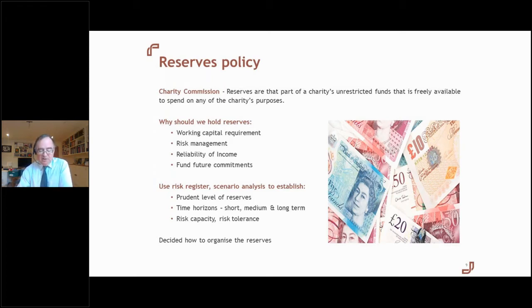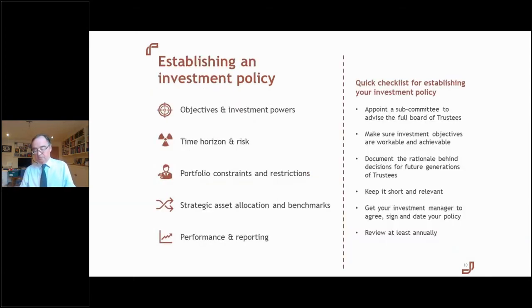And then you can decide how you actually organise those reserves. And those long-term reserves are typically those amounts that are unlikely to be drawn in the next 5 years. And they can be invested in stock markets to generate extra sources of revenue and protect the purchasing power of the capital from the impact of inflation. So once you've established that you have some funds available to build a long-term investment reserve, you then have to establish